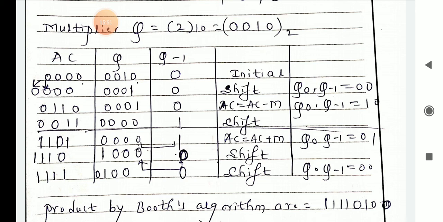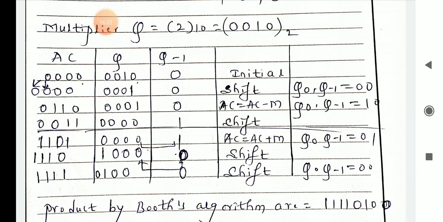So then you have to shift that one. So 1 comes here, 0 comes here, 0 comes here, 0 comes here. So again 0 0 0, again 1 here, 1 here. You have to add 0 two times, because 1 should be preserved, the other should be shifting here. Okay, so again 0 and 1 is there, shift is over, so you are getting 0 and 1. Okay, so that means AC is equal to AC plus m you have to perform. Once you perform AC is equal to AC plus m, you are getting the final result of that product, the addition of that one, 0 1 0 0 0 0 1 1 1 1.